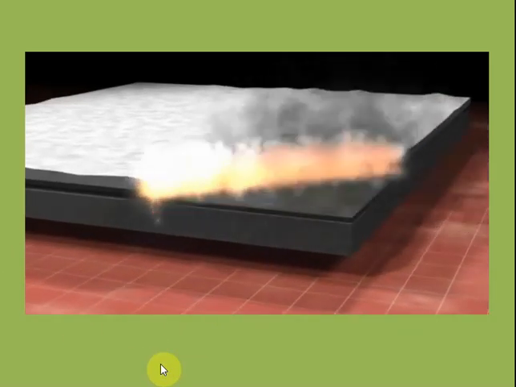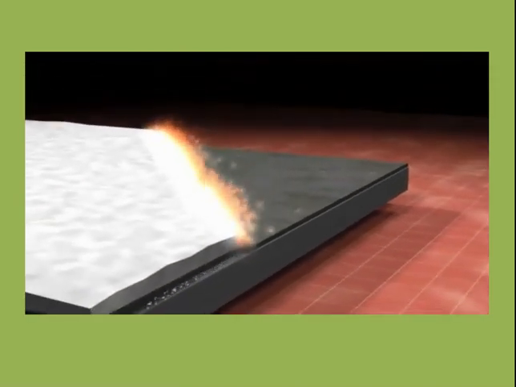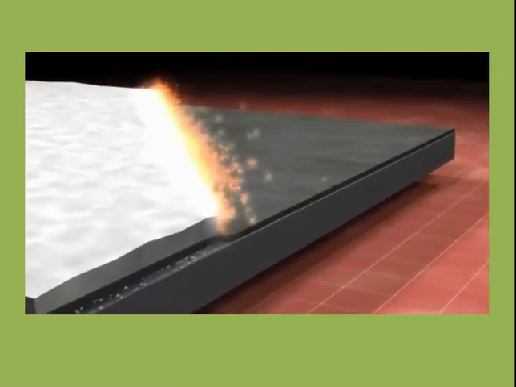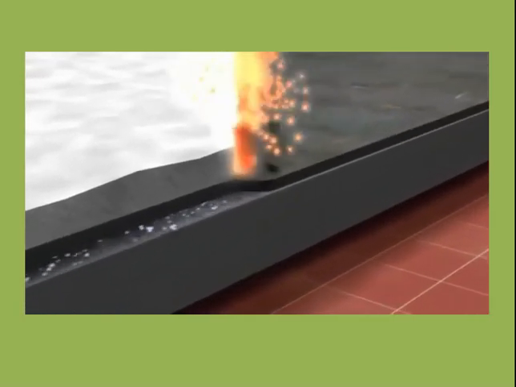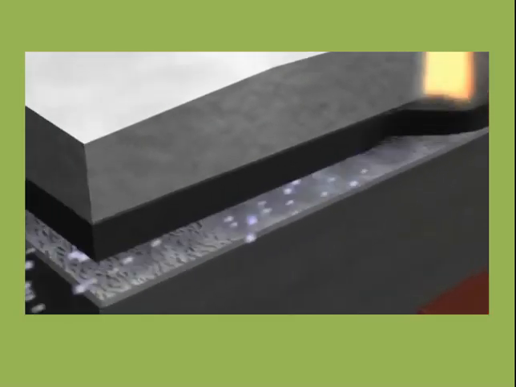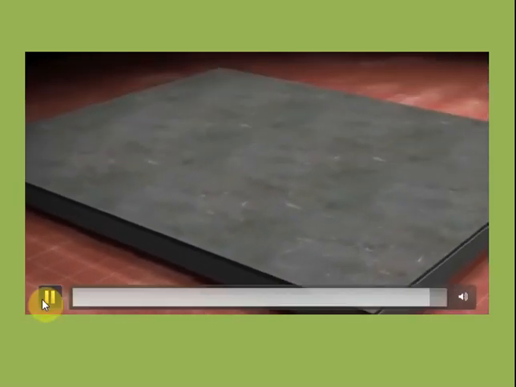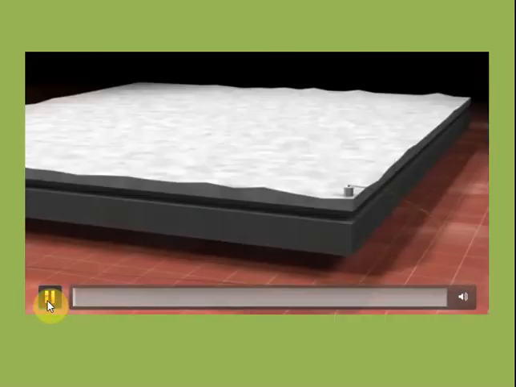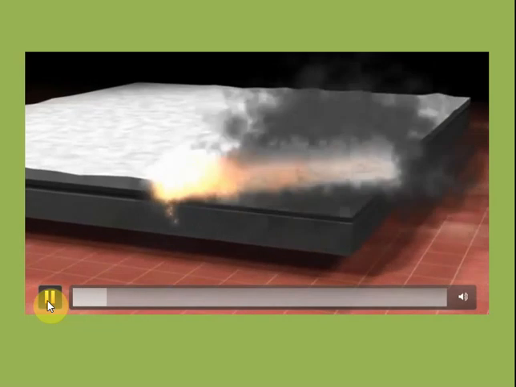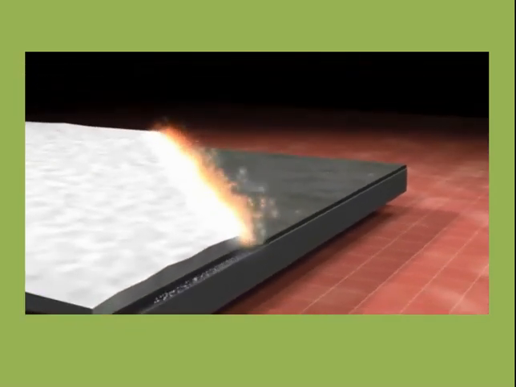See, this detonation, this explosion, is propagating. See how the joint is occurring. One thing you need to remember: we are getting the joint not because of the temperature from the explosion, but from the impact force. So it's starting from one corner and it is propagating diagonally to the other corner.